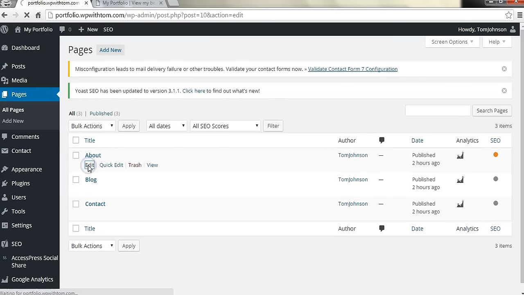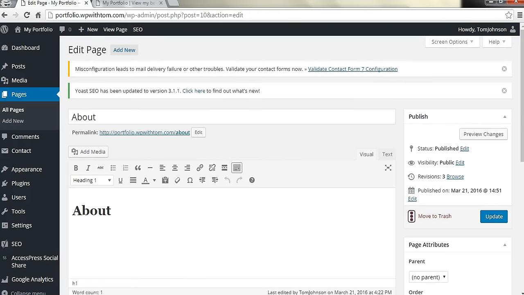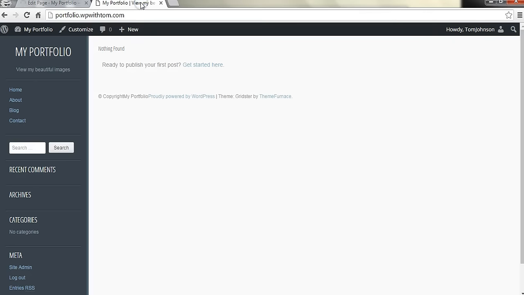And if we click Edit on the About page, we'll then be brought to this page. And I just want to show you what it looks like. Right now I just have the text that says About. And if I wanted to, I could just add some more random text here. And now if we click Update, and now if we go to our home page,